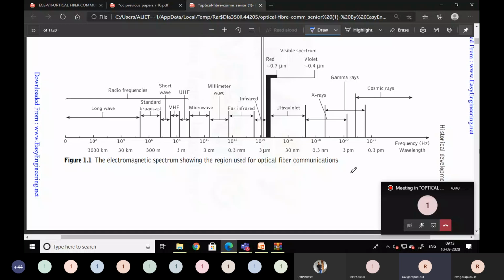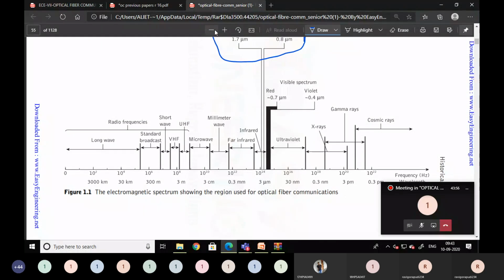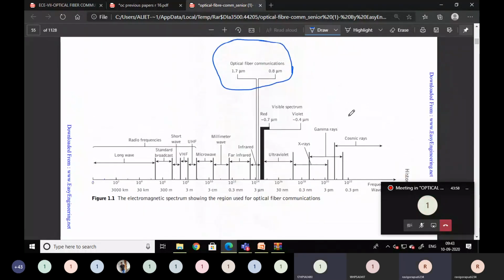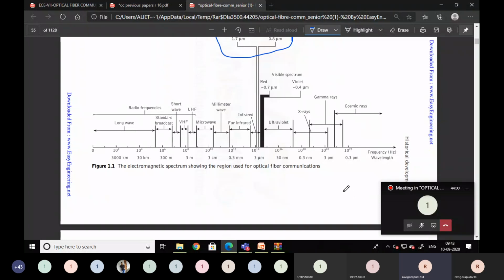Now this is clear. Okay, is it visible to you? Yes, sir. This is the frequency spectrum. This question I gave as an assignment. I think all of you wrote it, maybe in a different way. In any way you can write, either from the Keiser textbook. In the Keiser textbook, the frequency ranges given are very low frequency, medium frequency, high frequency, very high frequency, ultra high frequency, super high frequency, and infrared.